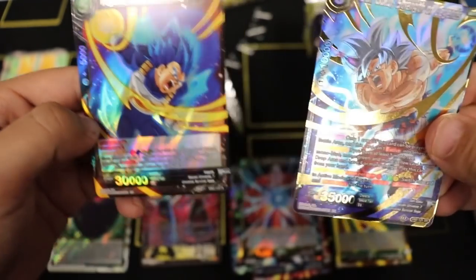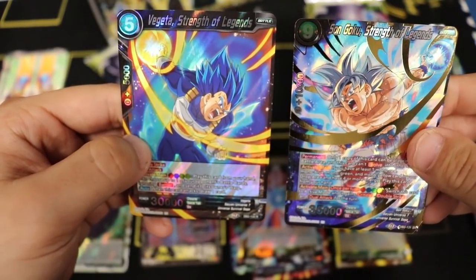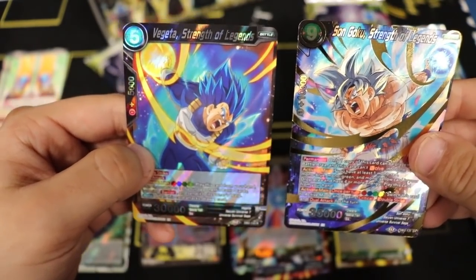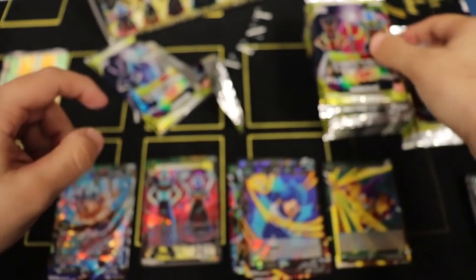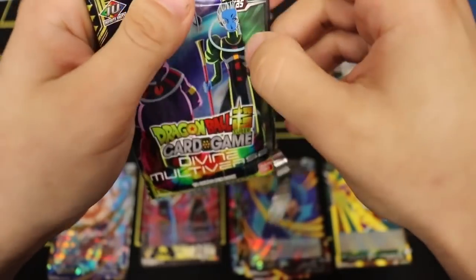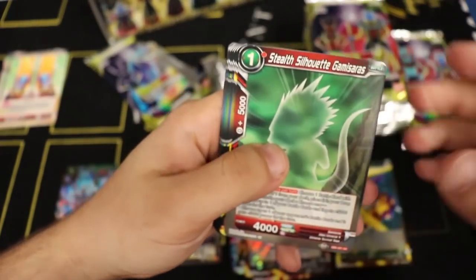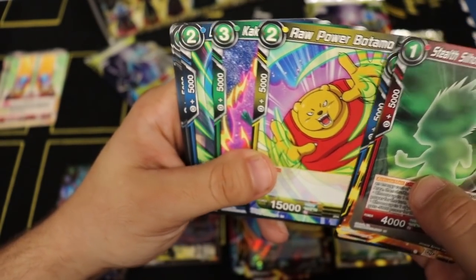monocolor deck, the 4-color monocolor deck, I guess the best way to call it, then you're gonna need at least a few copies of each one of these, because these are very powerful together, but they're also very powerful by themselves. Like, you don't need one to play the other, but they do work very well hand in hand, much like in the show. We got Kale, Saonel, Batamo,